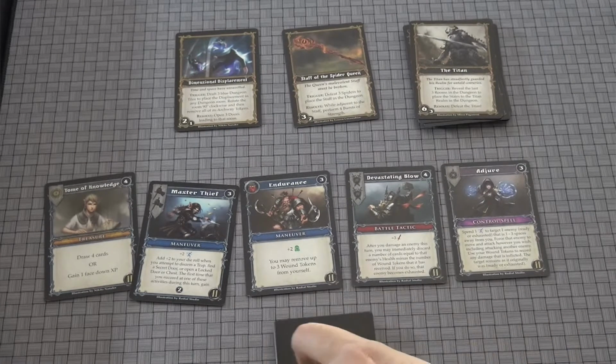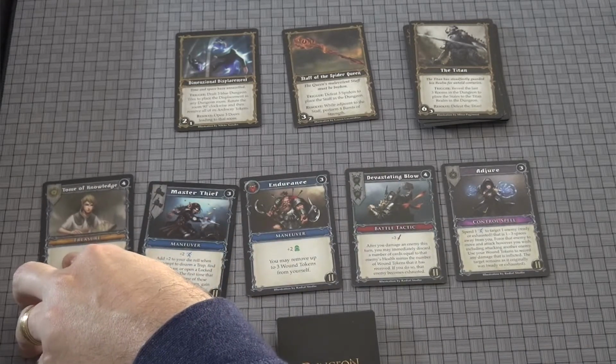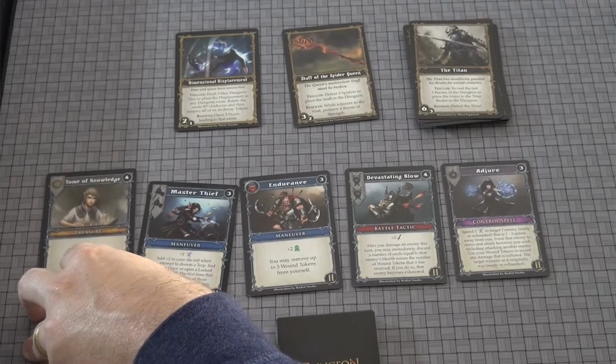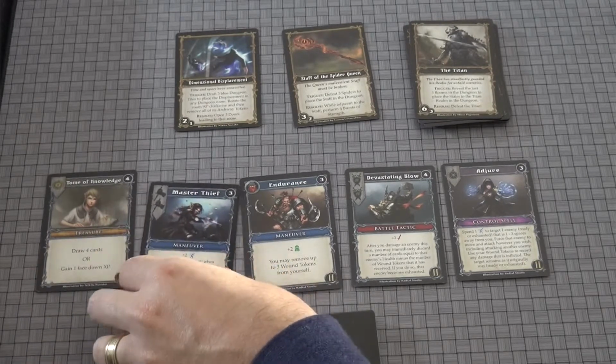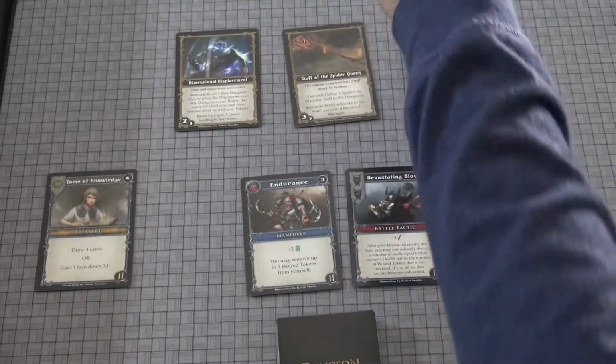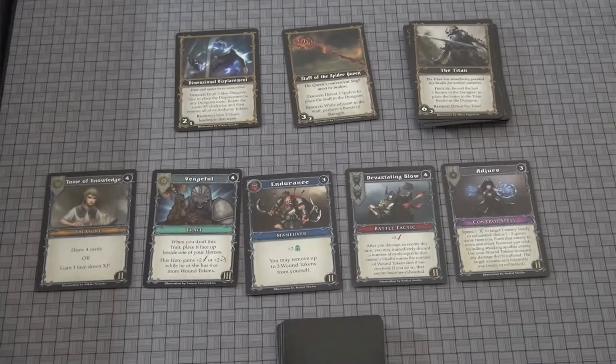However, I also have these here, and these are now the level 3 things. So I'm going to throw one of these away. I'm going to get rid of this Tome of Knowledge, because I don't really care about it. Actually, no, I'm going to get rid of this Master Thief. So this just goes away. And we have Vengeful, a trait. And that's